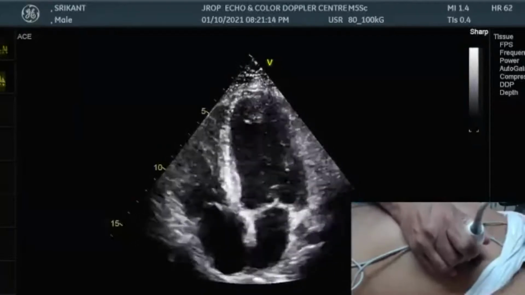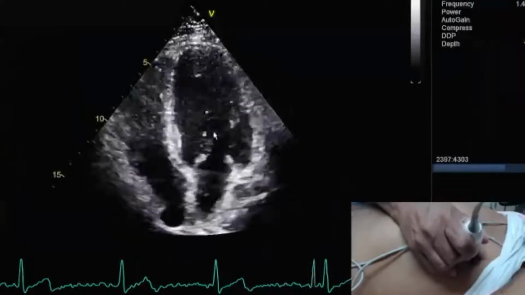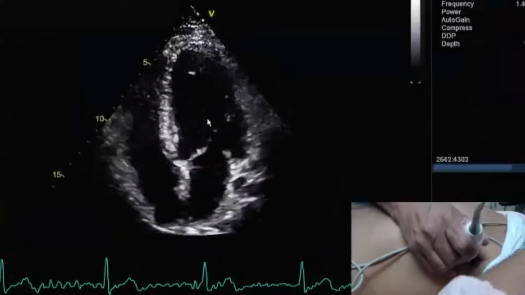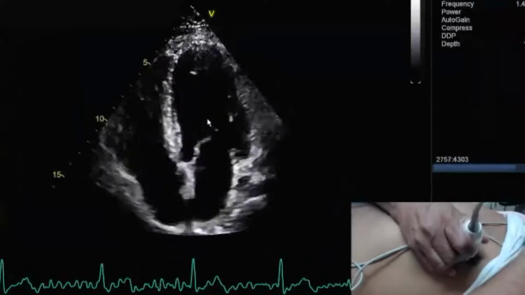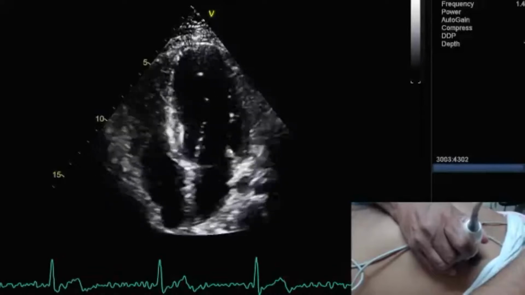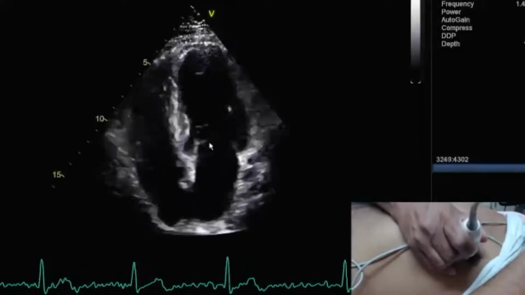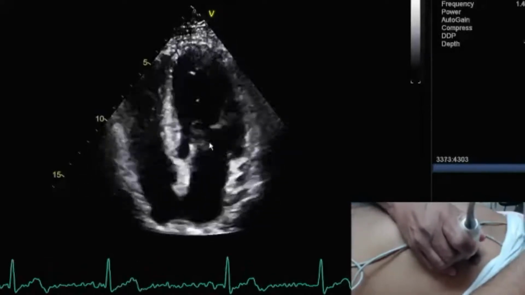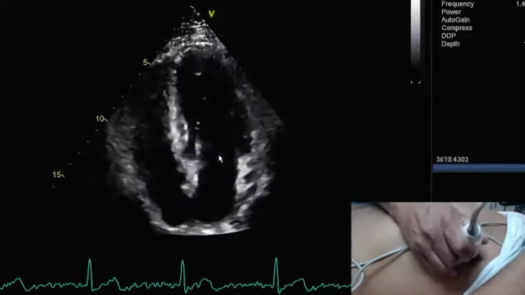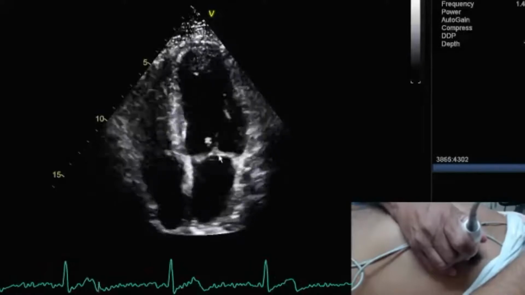This is image optimization. Now you see a lot of gain in the center. So I'm going to optimize my gain in the center by changing my TGCs. And how beautifully now you can see your chords. You can see dancing chords also. So this is all you have to sit and do continuously. If you really want to do echocardiography, forget about your lunch. Give that lunch to some other person. Practice 2 hours during lunchtime, all your echoes.